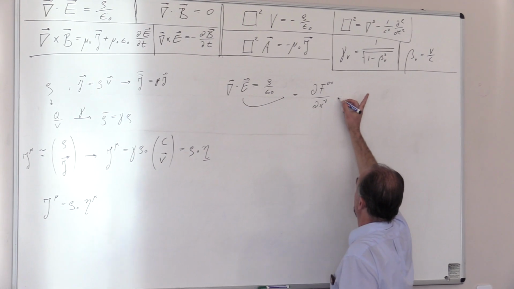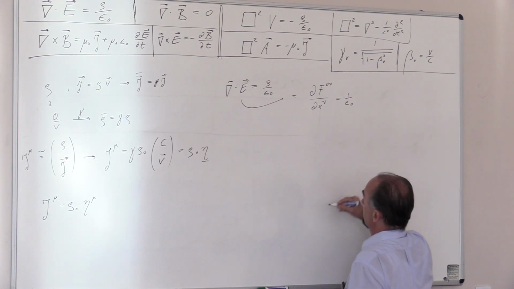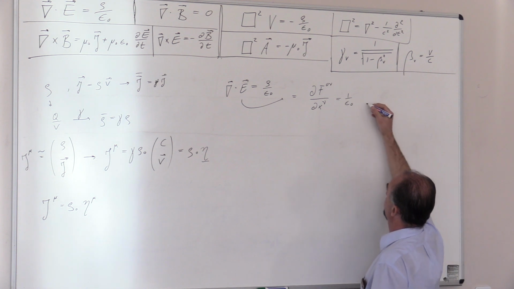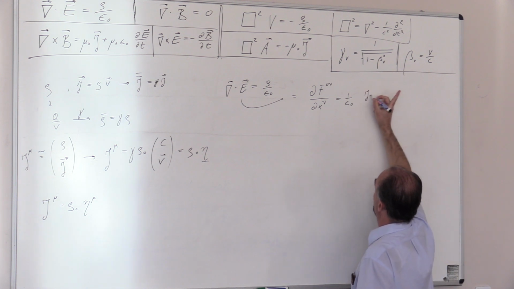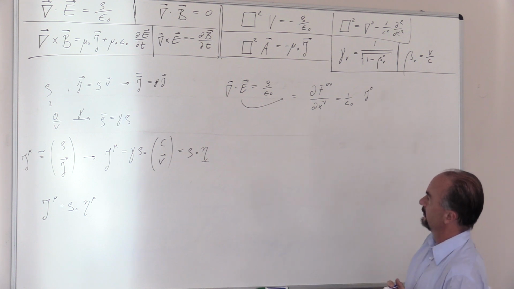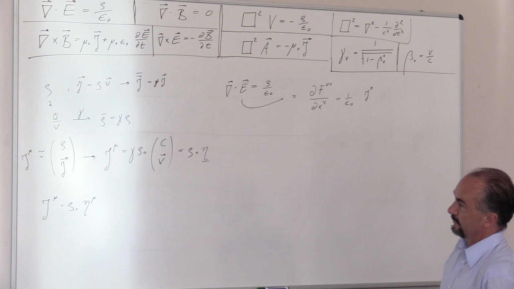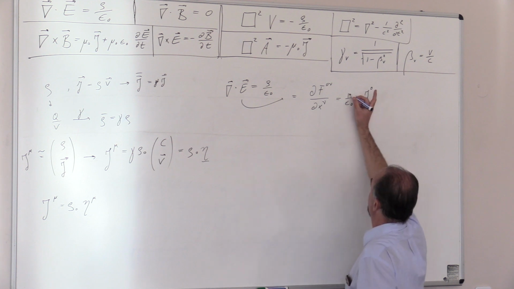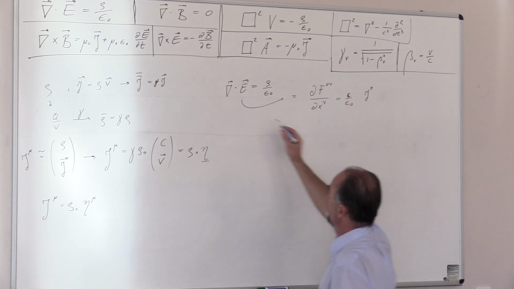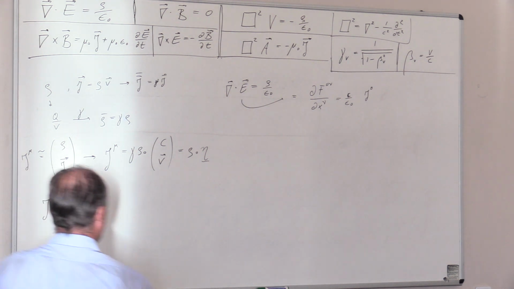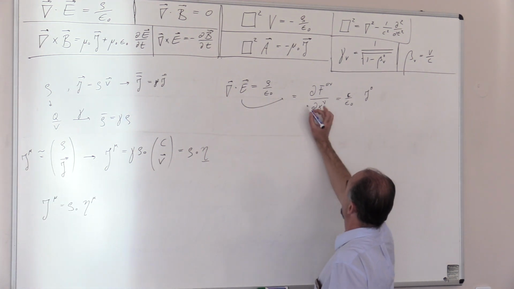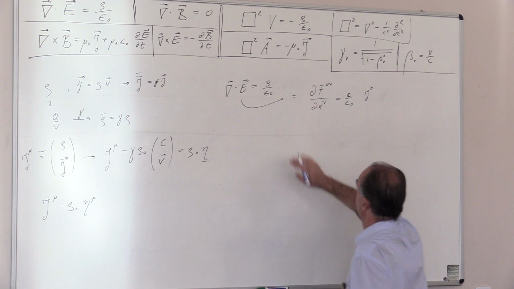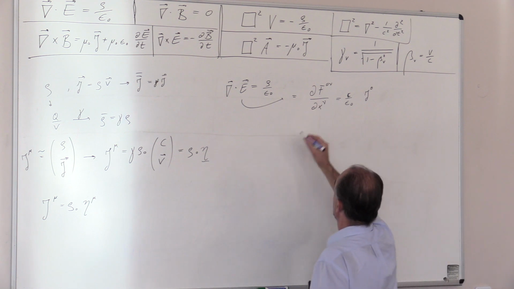But this is 1 over epsilon naught. This is modulo a factor C, the 0 component, right? So this is essentially J, the 0 component. So there is a factor C here. So it's C times this. But E, there is actually E over C. So this is C times, so this is 1 over